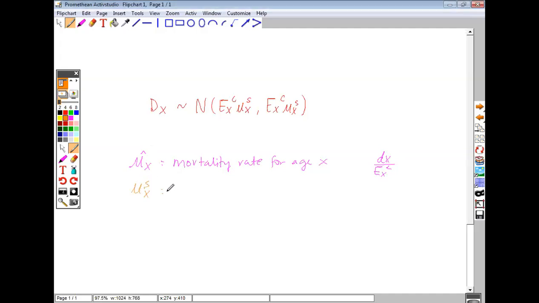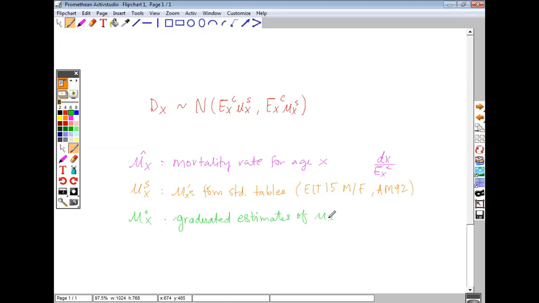So if I have mu_x^s, this would mean mu from standard tables. So by standard tables, I mean life tables like ELT 15, male or female, or something like AM92. So these sort of tables you will have, and if you take your mortality estimate from those tables, then that will be denoted as mu_x with a superscript s. And the next kind of mortality rate that you can have a look at is graduated, and that is denoted with a circle in the superscript here. So these are graduated estimates